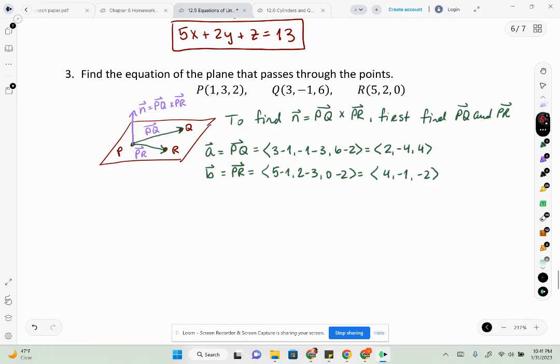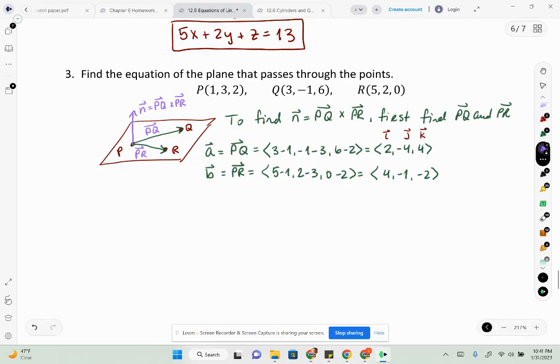It's a little weird, but it works. So just kind of imagine an I hat and a J hat and a K hat up here. You can kind of see I've got my 3 rows, I, J, K, 2, negative 4, 4, and 4, negative 1, negative 2. So I should not have to necessarily set up a whole determinant because I can kind of